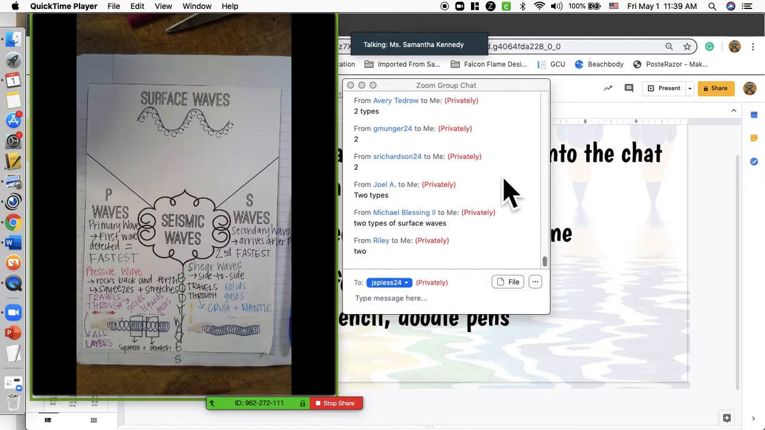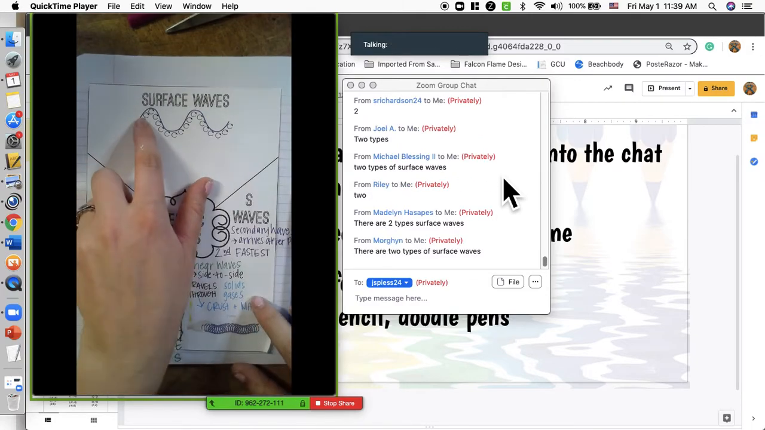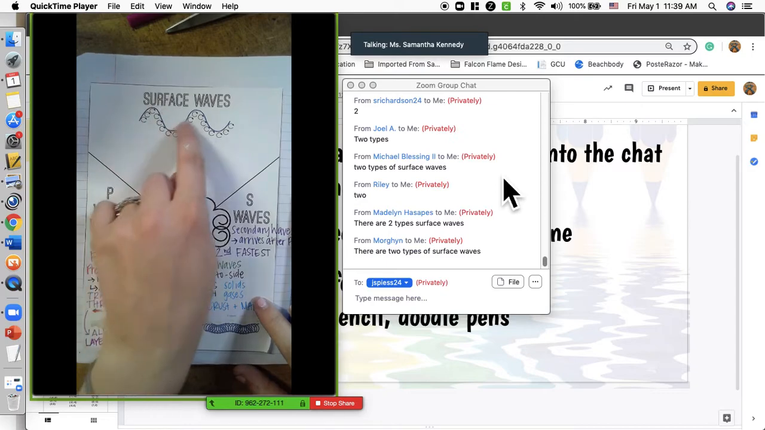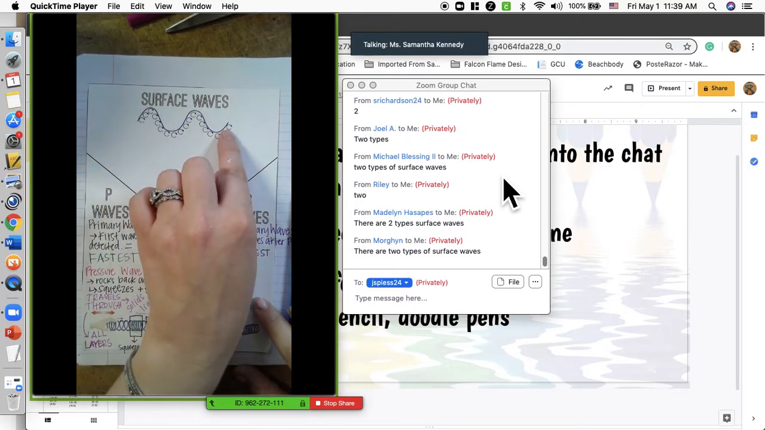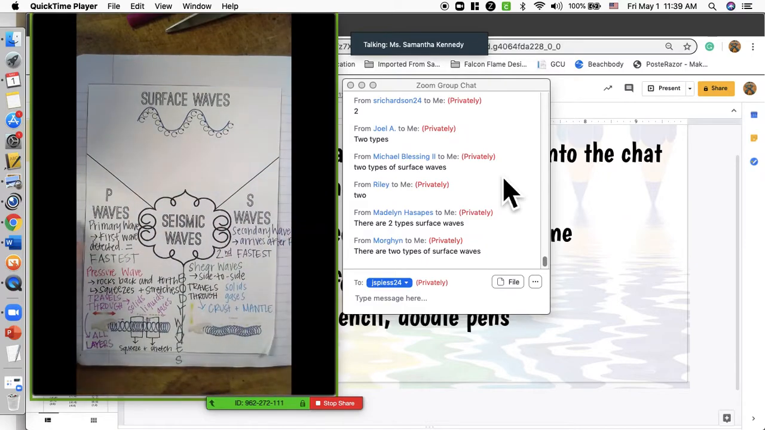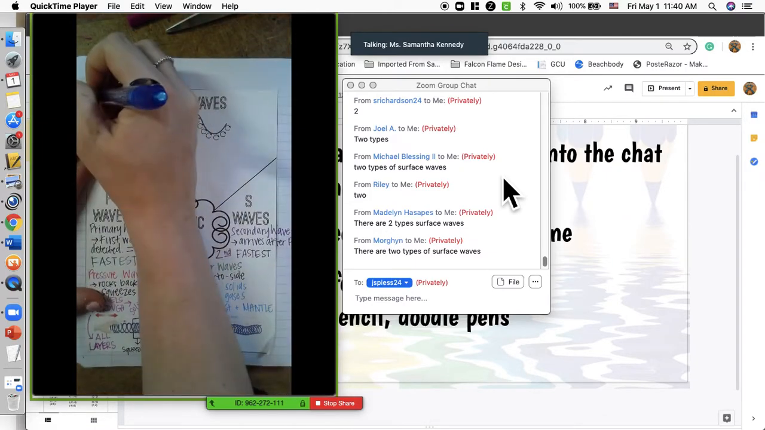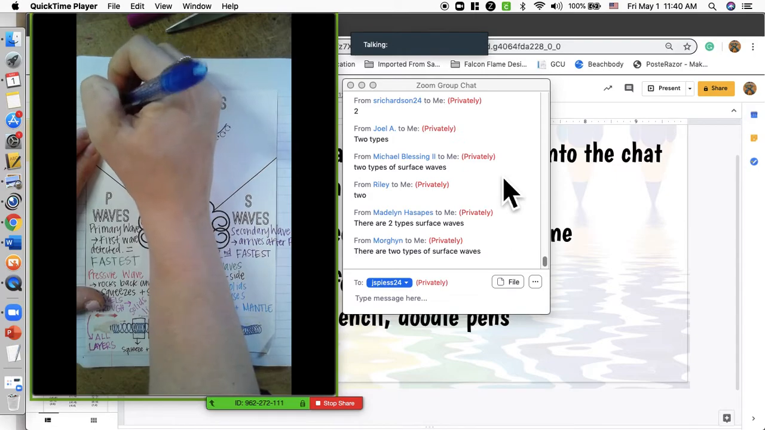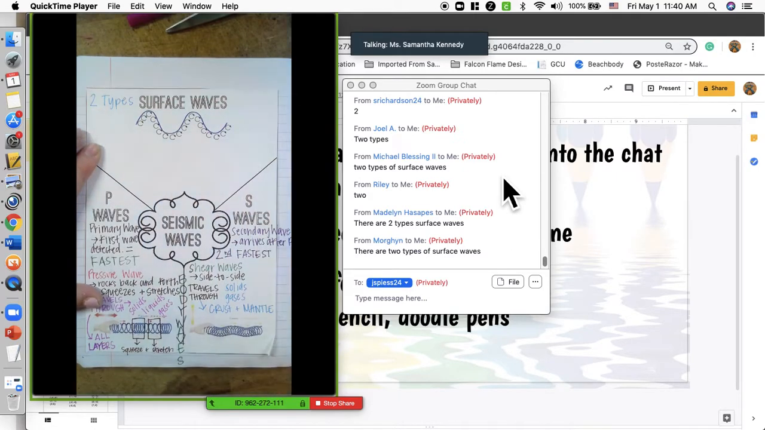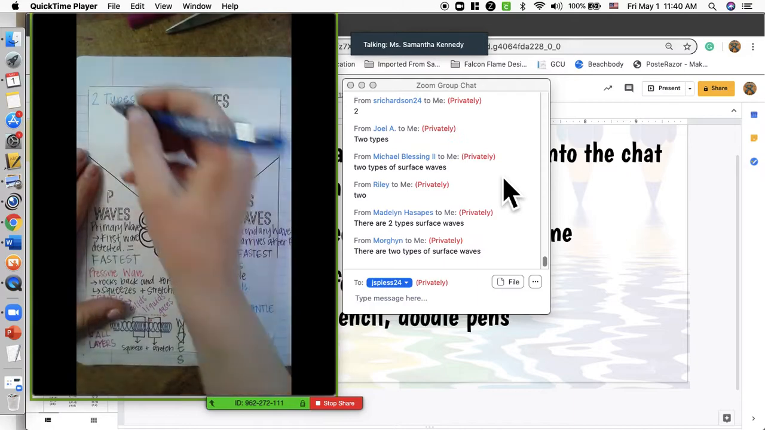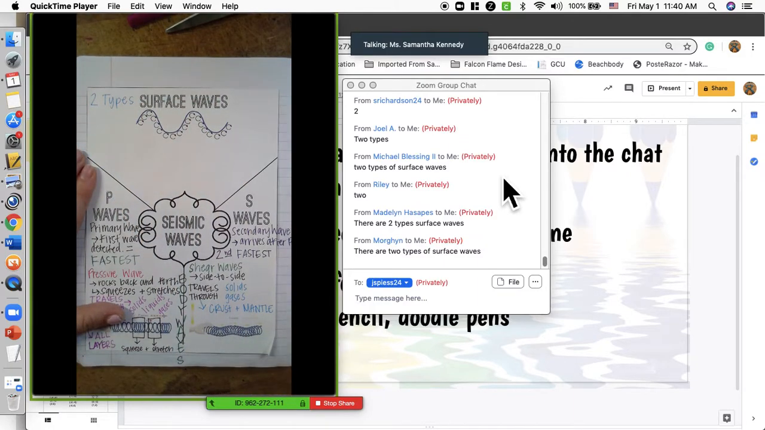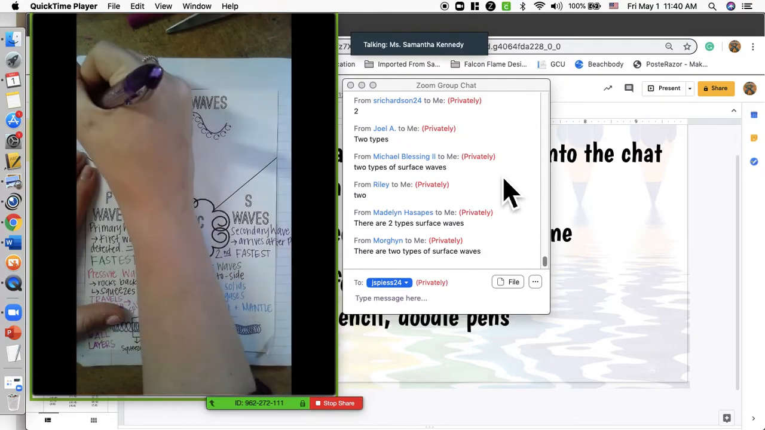Okay, so we're going to do some labeling on this picture, okay? So up here in the corner, I'm going to write two types of waves. So we have two types. Okay. Those two types are going to be the back and forth